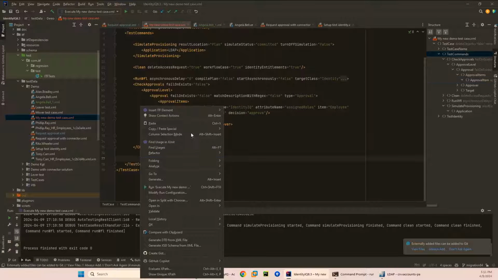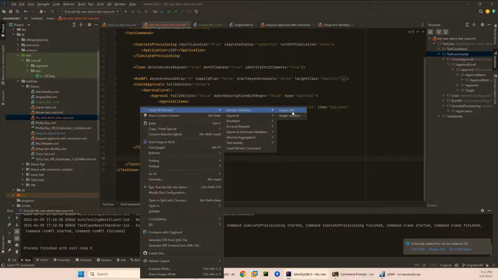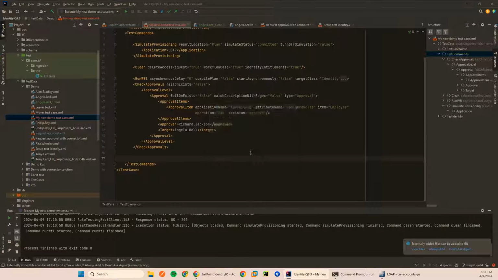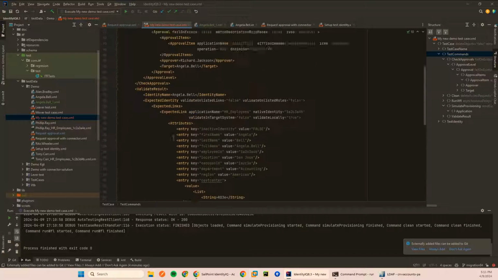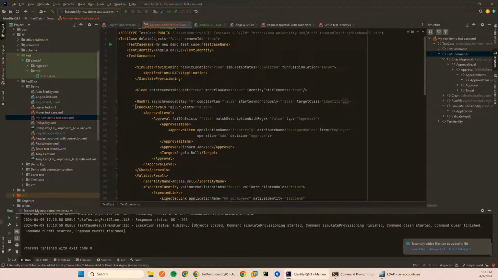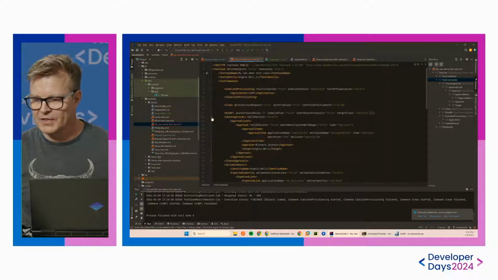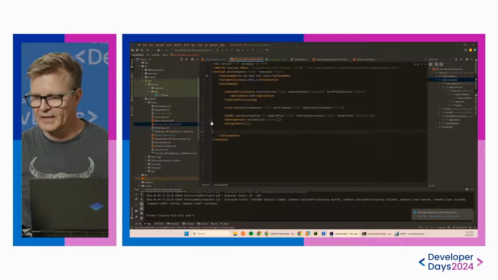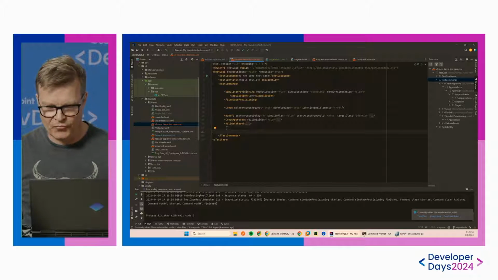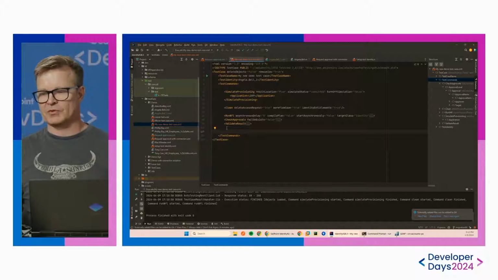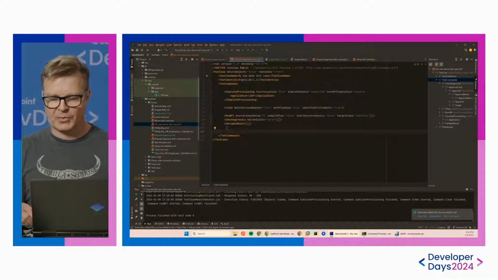And finally, I can also insert the identity validation with all the details already filled out for Angela Bell. So there's a lot of these helper tools to make your life easy and to make it faster to create these test cases. Now, the tool, the ITF, is intended to be used by developers while they're developing